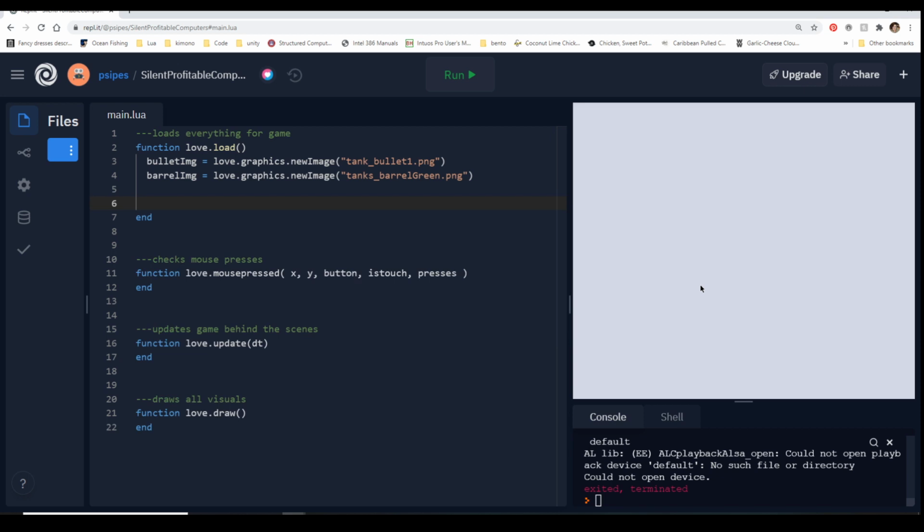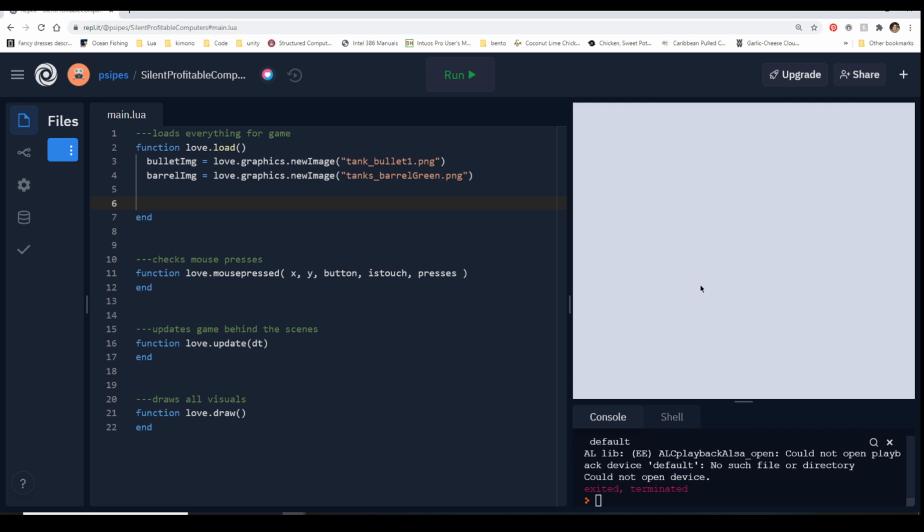Eventually we need to know the X and Y position of the bullets and the X and Y positions of the barrels, because we need to be able to manipulate them, spawn them in random spots, and for the bullets, say, start this bullet here and move it.